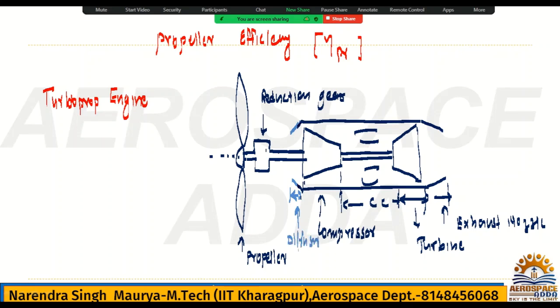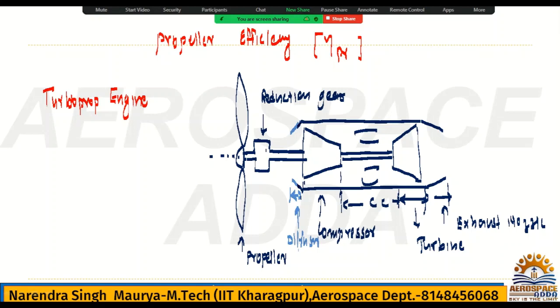So what is the function of a diffuser? You know that it will convert kinetic energy into pressure energy. The nozzle process is the same thing in reverse: a nozzle is used to convert pressure energy into kinetic energy. But here we are having the propeller, and the angular velocity of the shaft is